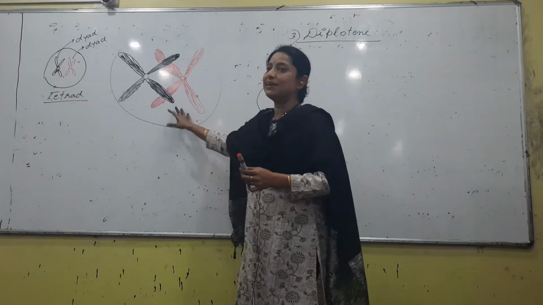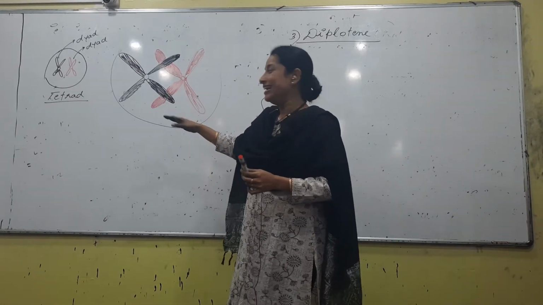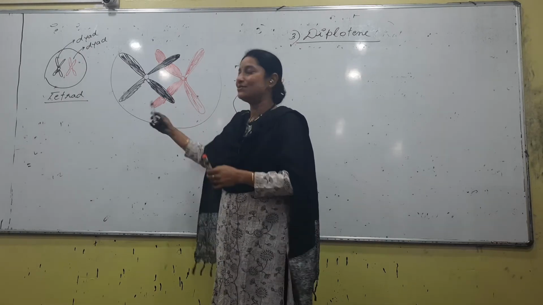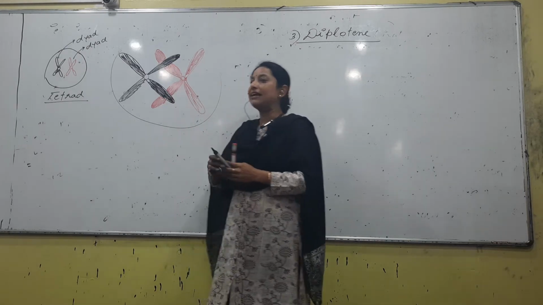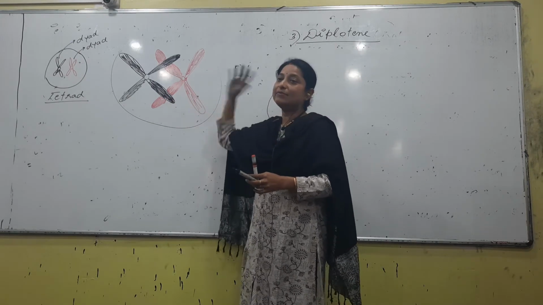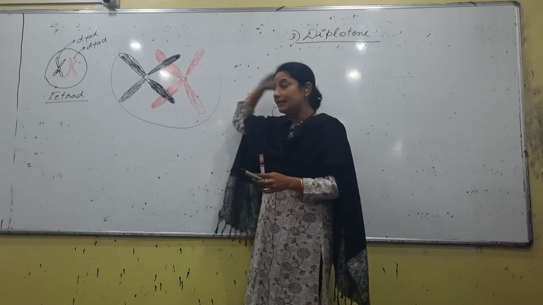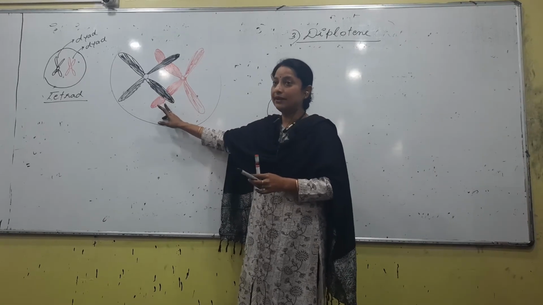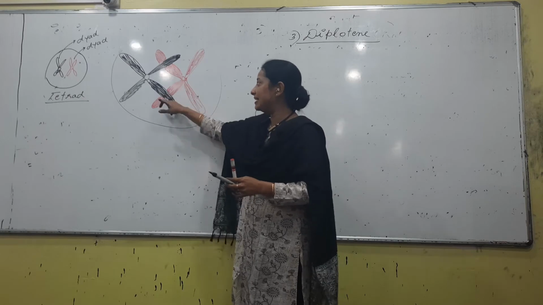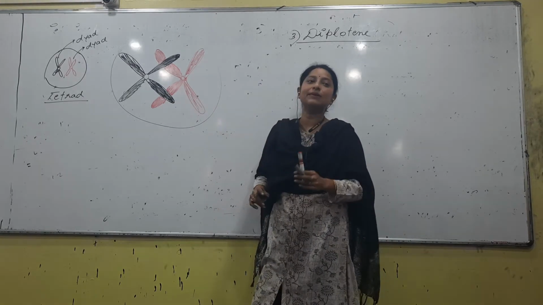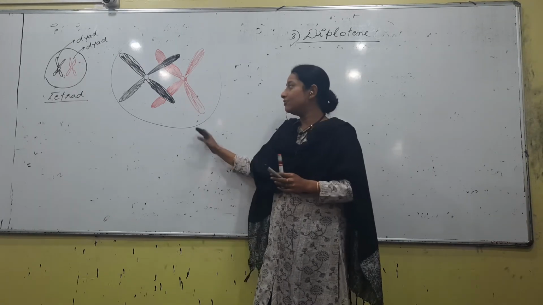Now, I have already drawn this, so I did not draw it again. Right? Now it is not like this; to show it, two lines are needed. So I have drawn this. Right? Proper diagram, you cannot be talking about it. This X you will see only in the diplotene stage, and this is not the diagram of diplotene. Why? Because the exchange I have not shown. Right? If the exchange is shown, then this X shape is what is called chiasmata. Right? After diplotene